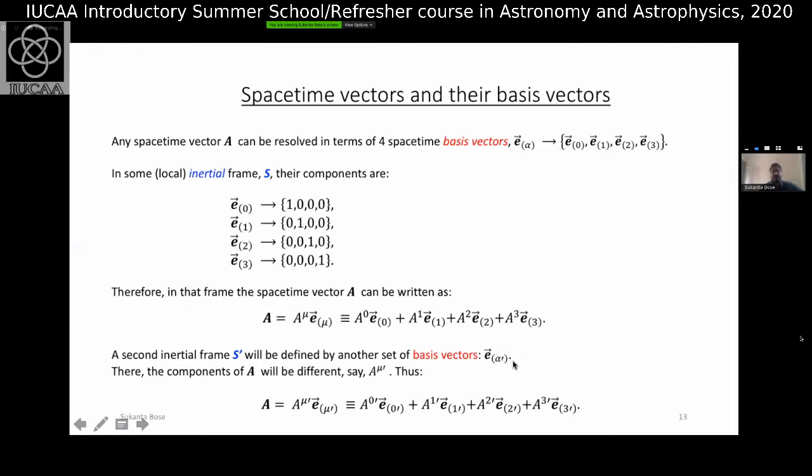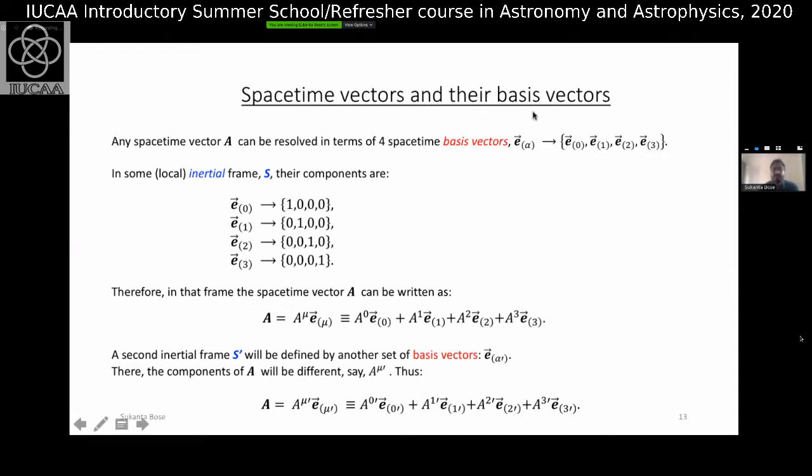So alpha prime could correspond to an inertial frame S prime, which is maybe a car moving at a constant velocity. But S prime is moving with respect to what? It's moving with respect to, let's say, the room in which you're sitting. Let's call it S. So let me go over this once again. Since we are dealing with space-time vectors, such as A mu on the previous slides,